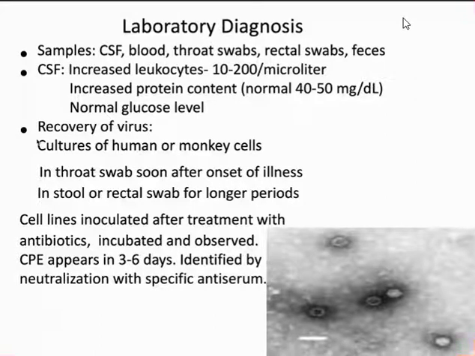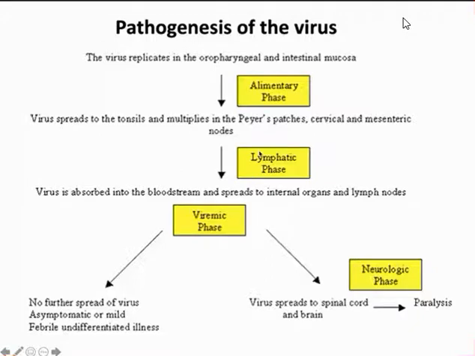Another one is the pathogenesis. This one is also important. If pathogenesis is asked in polio, then you can write this one. It is very informative to describe the pathogenesis of the poliovirus. So this much for today. If you have any questions, then let us discuss. Otherwise, we'll finish our class.